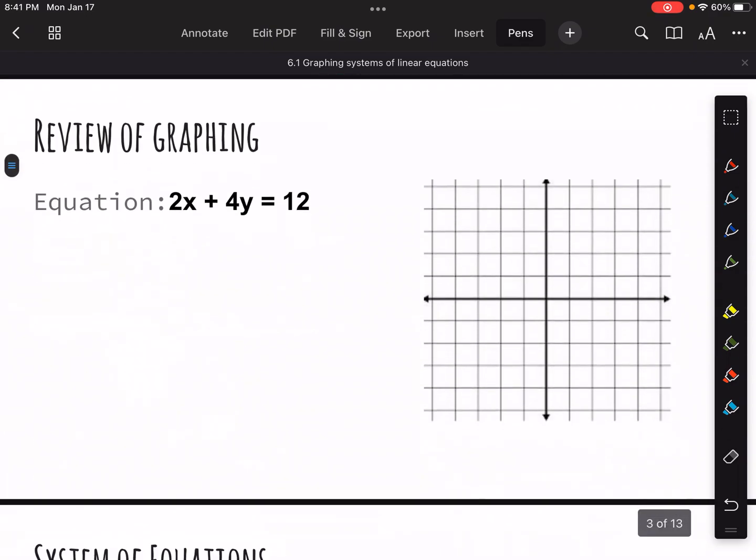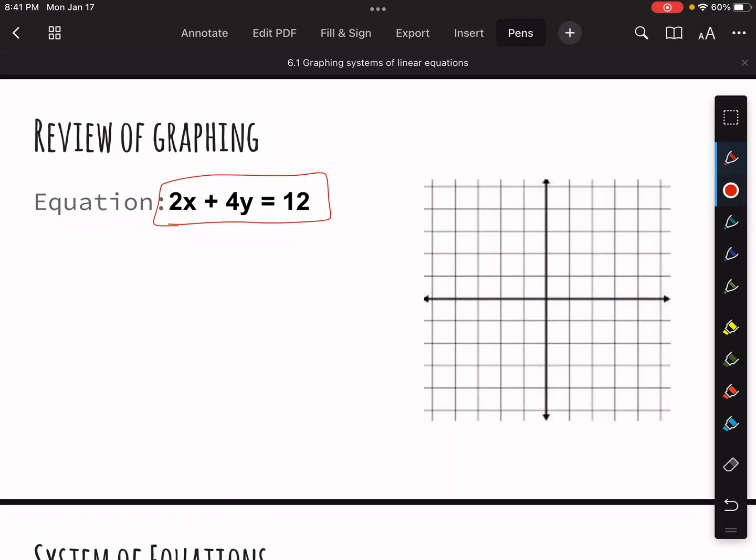So to review graphing, I'm going to show you two different ways to think about graphing. Again, we've done this before. But when you see an equation like this, this is the ax plus by equals c form. One of the easiest ways for me to graph this is to just simply plug in zeros. So if I plug a 0 in for x,